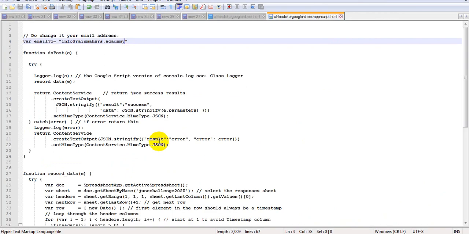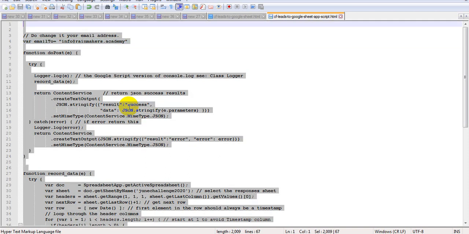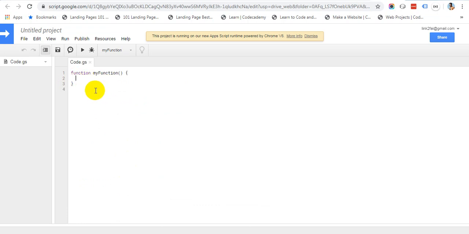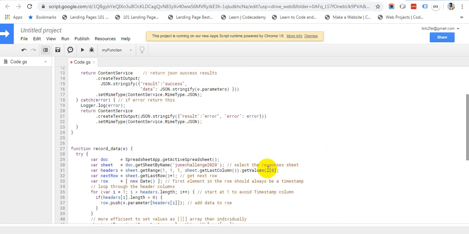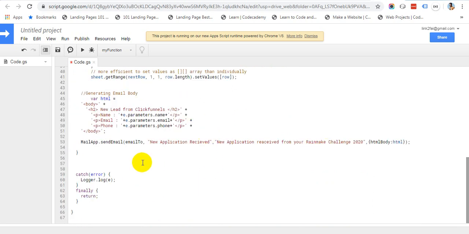I have already shared the script in your Messenger. Just open that script in any text editor. All you need to do is copy the script. When you open the Google Apps Script, make sure you remove those functions and just paste my script here. After pasting my script here, all you need to do is click on Publish,